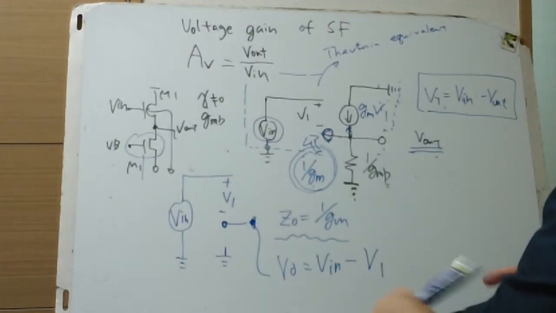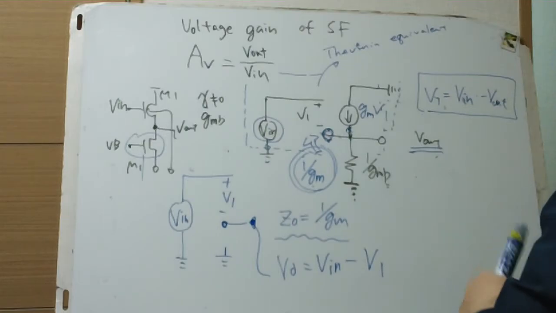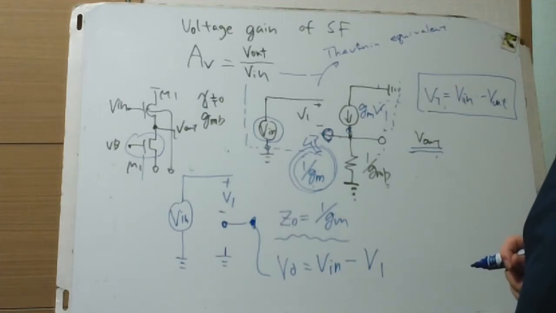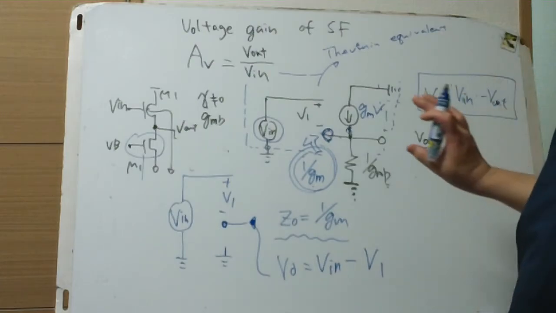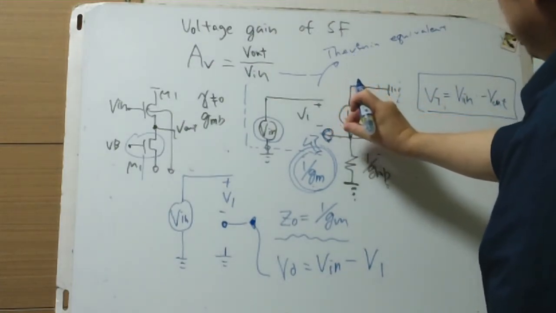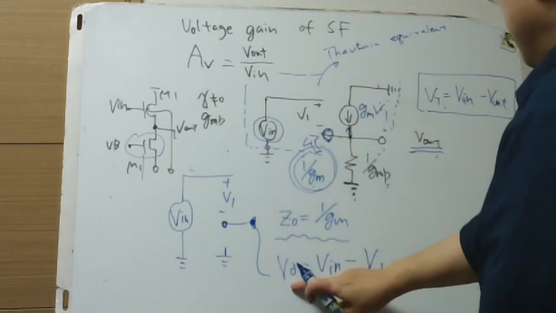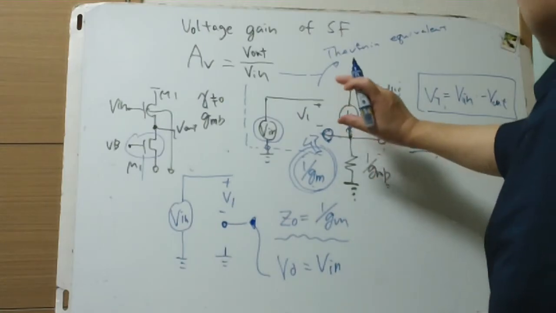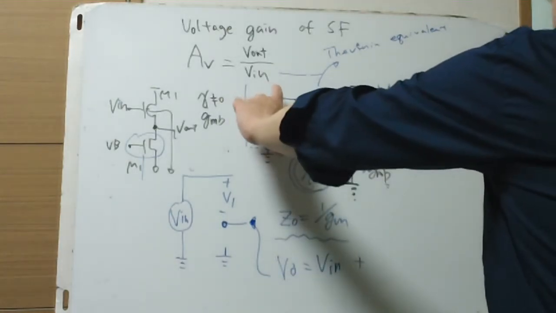But V1, in principle, as from the superposition principle, firstly short this. When shorting this, VO equals Vin. When shorting V1, this, and when shorting Vin,